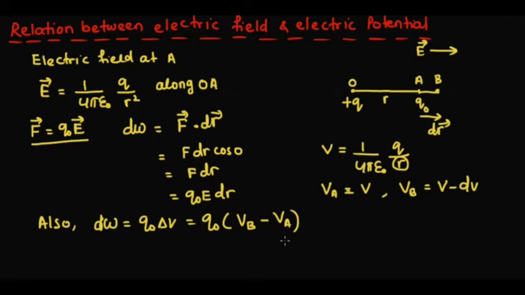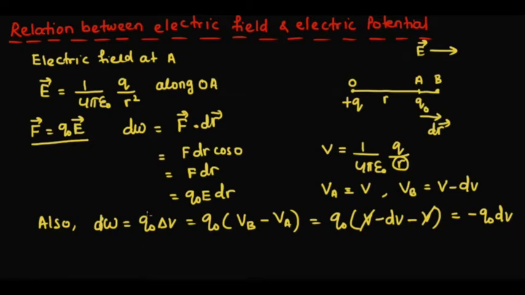So here A is the initial point and B is the final point, that is equal to Q naught. What is VB? VB is V minus dV. And what is VA? VA is V. So V minus V will cancel, you will get minus Q naught into dV. So this is the value of the small amount of work done to displace the charge Q naught from A